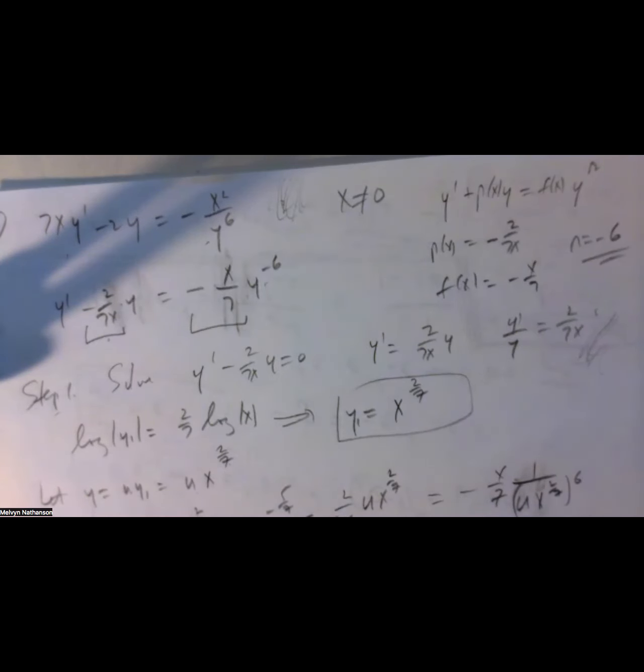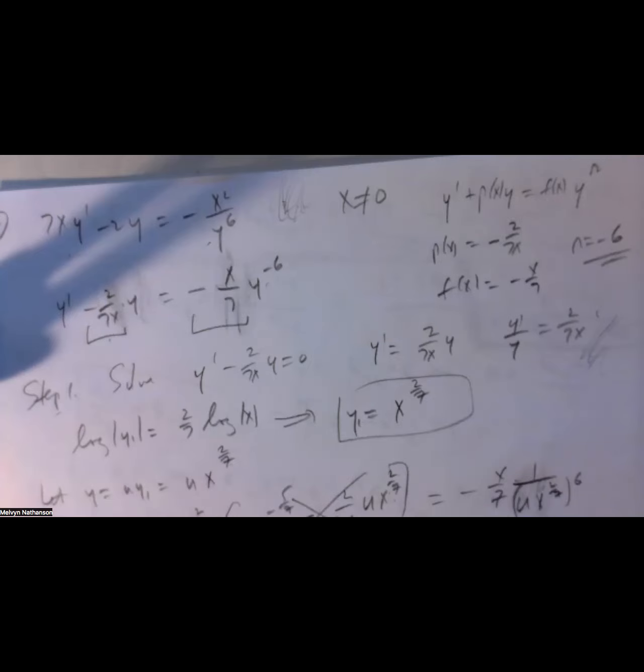Now notice here, I have 2/7 u x to the minus 5/7. x times x to the 2/7 over x is x to the minus 5/7. Again, this cancels. This is equal to 0. So I have u prime x to the 2/7 equals minus x/7,